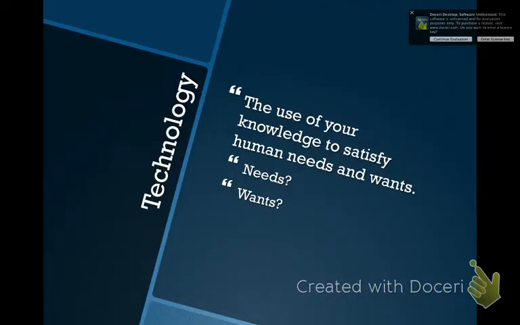The first thing I want to do is understand what technology is. Technology is anything to make our human needs and wants better. So we're creating things to meet our needs and wants. Our needs are things that we have to have, and then things that we want. We're going to create something to make our life easier, in a sense. Think of a computer. A computer in today's world is a need, and we've got to have them to function. So if we don't have something, we either go buy it or we have to create it.